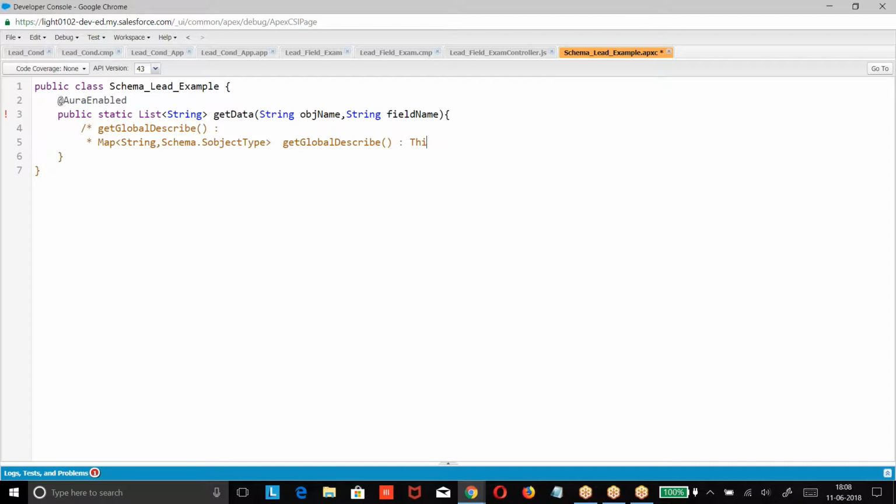This will give you all the objects in Salesforce in the form of a map, where the object name is the key and the object type is the value.